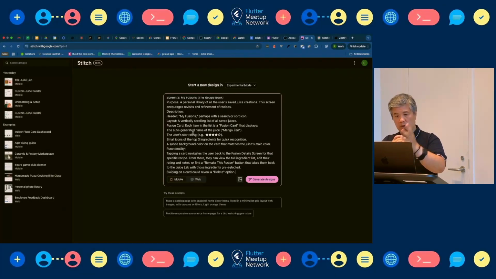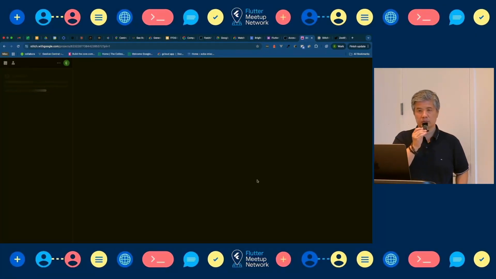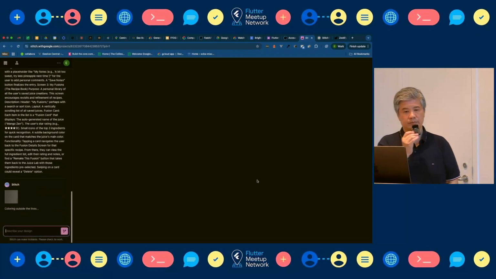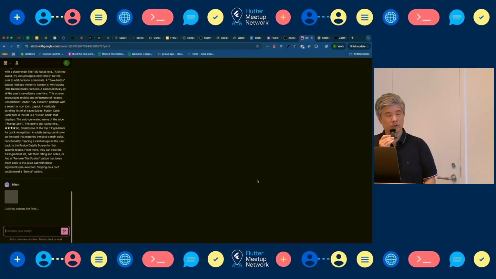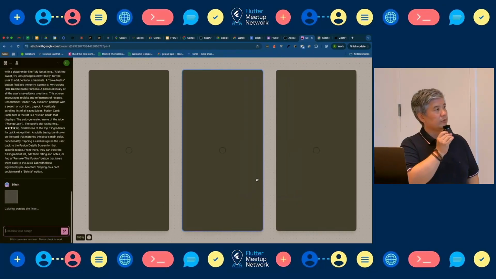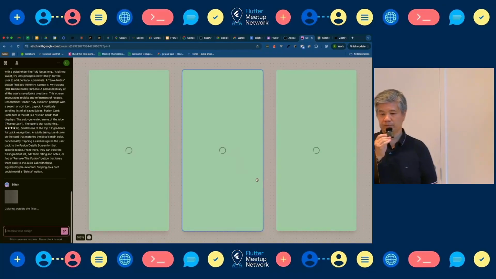I just copied all the things that I have generated from Google AI Studio. I want it to be on mobile. I just click in. So now I just wait for it to generate some screens for the application.